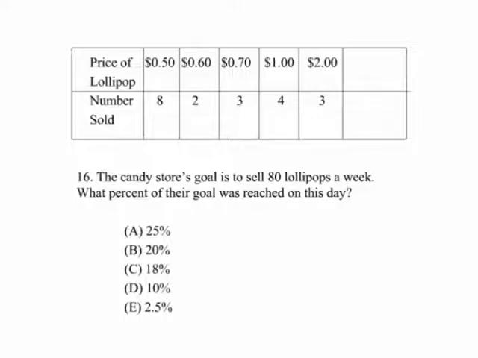If I want to see how many lollipops I've sold so far, I add up 8 plus 2 plus 3 plus 4 plus 3, and that gives me 20. Well, 20 divided by 80 is 1/4. It's 25%. Now, there also would be a problem accompanying this one perhaps where you might be wanting to know